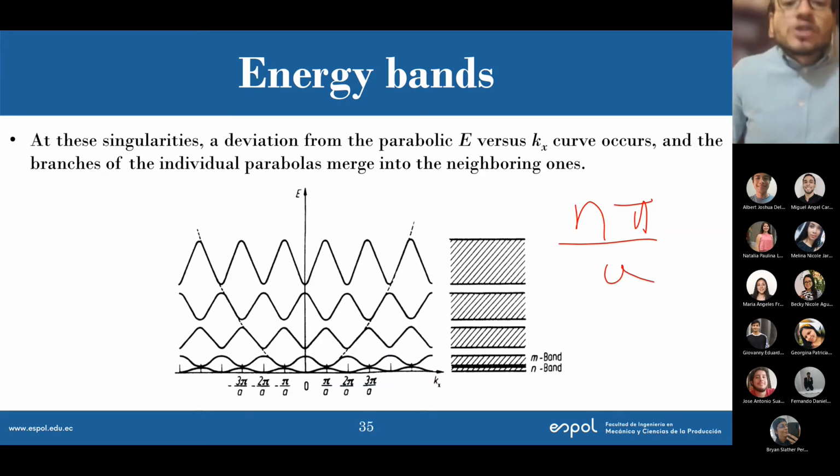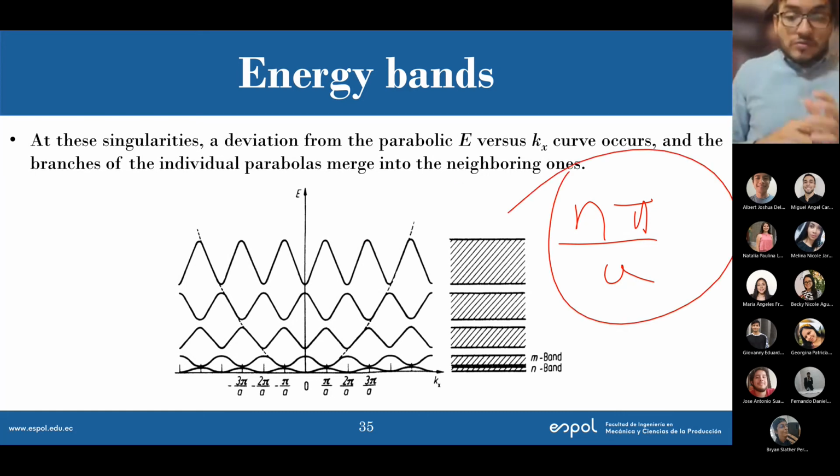This value. So that means when an electron is away from this kx value, away from the wave vector being equal to n pi over a, electrons in that crystal are behaving like a free electron. But when they're approaching n pi over a, so they're approaching, let's say, 1 pi over a, or 2 pi over a, or 3 pi over a,